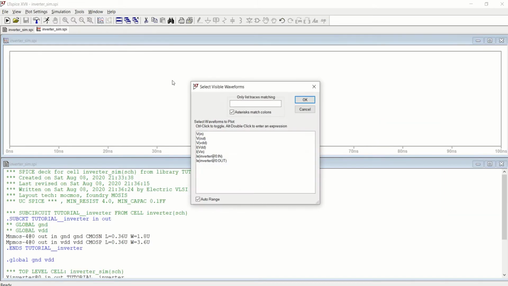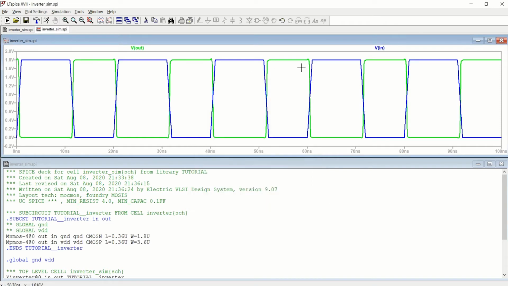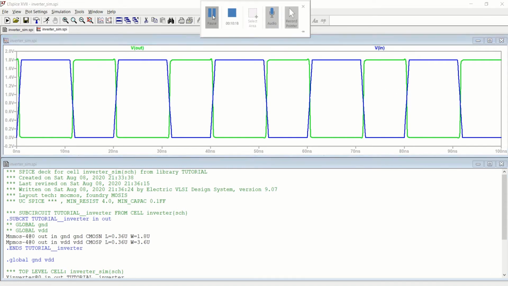Now this time you can see that your input and outputs change. Whenever the input is rising, the output has to fall. So this is a traditional CMOS inverter for the basic schematic.